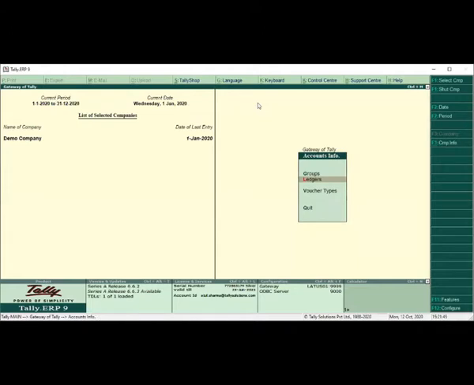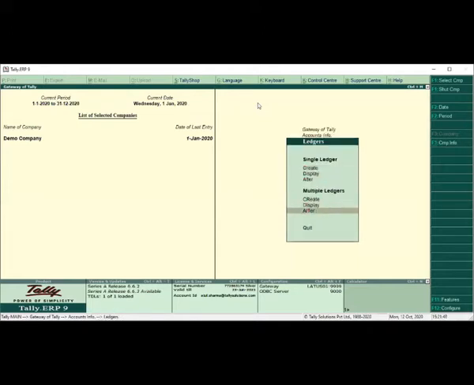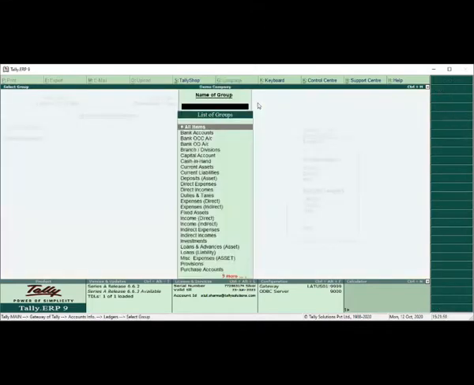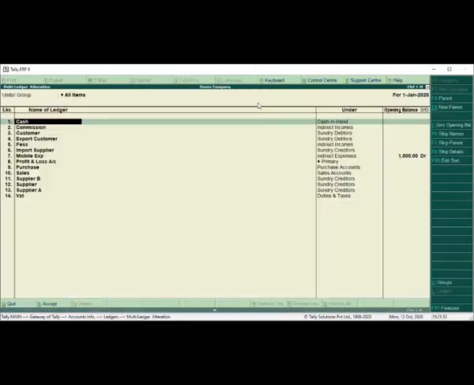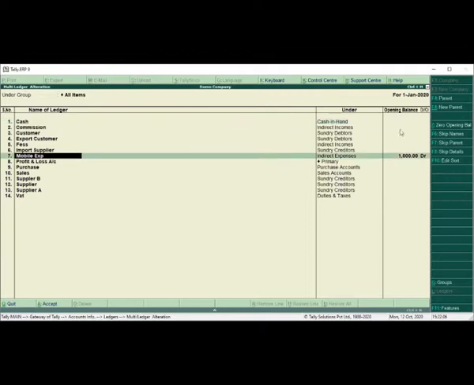So better go to ledgers. In the ledgers, go to alter multiple ledger, go to alter, click here and define all items. Once you select all items, you can see it is reflecting all the opening balances. I don't want these opening balances, I just want to make them 0. So here on the right hand side you can see we have given 0 opening balance. Once you click on this, all the opening balances will become 0. Let's see, if I click here, you can see that all the balances have vanished.